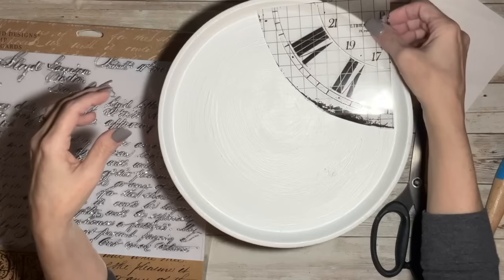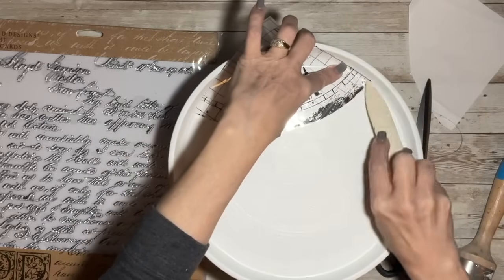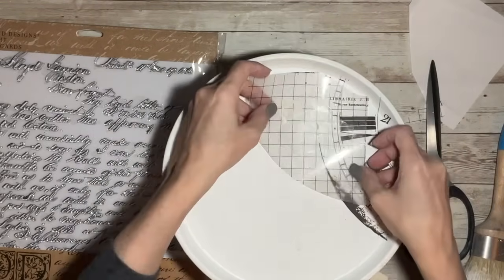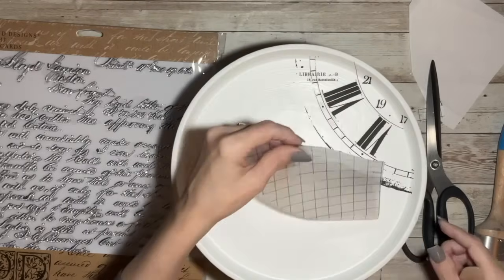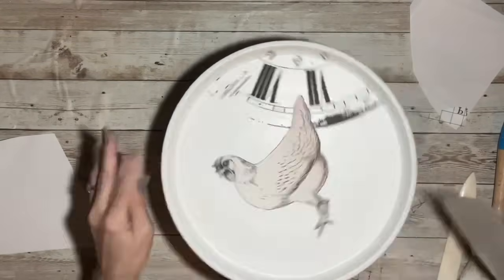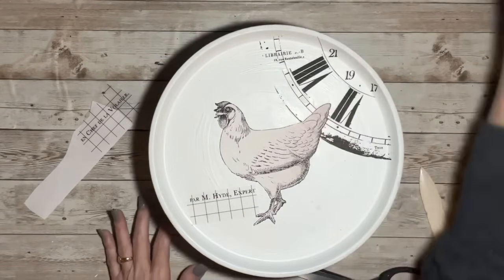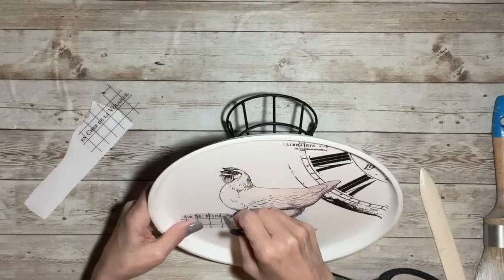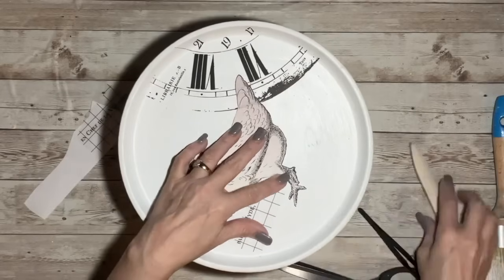So I start out with the rest or another part of that clock and I put it in that corner, and then I go back later and I put, I think, another piece in the left-hand corner and use some of the wording from the Brocante paper pack or transfer pack, and then I add the chicken on top. Once we add these little words and I get the transfers on there the way that I want them, I'm going to go ahead and sand this a little bit